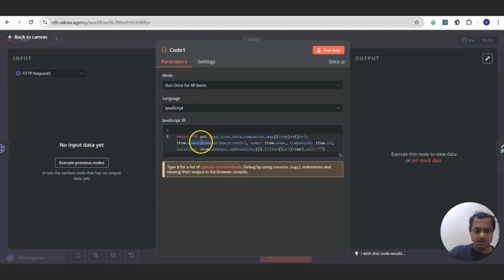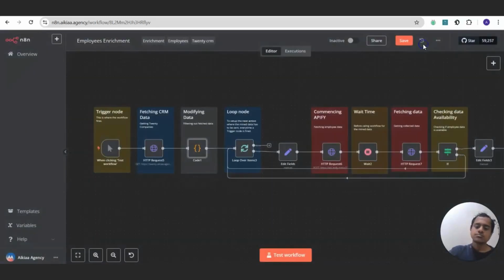Which I just did here, as you can see, right? Now, name is not very important. You can choose to pass it along the workflow or not. Company ID is fairly important, and location we can totally get rid of, right? So this we will forward into the loop, and the next thing we'll add is edit fields,